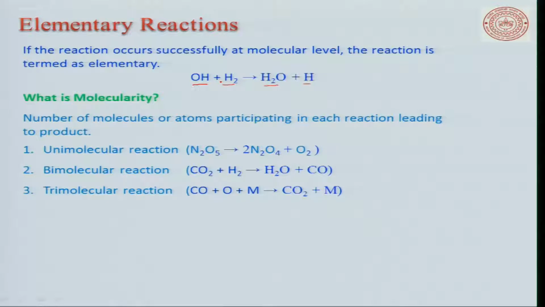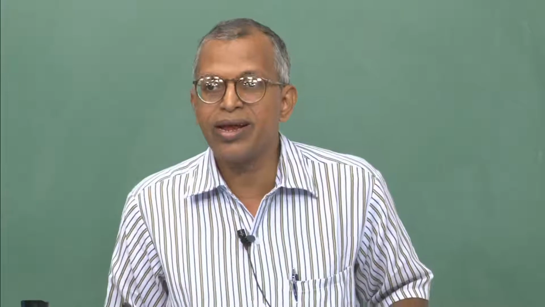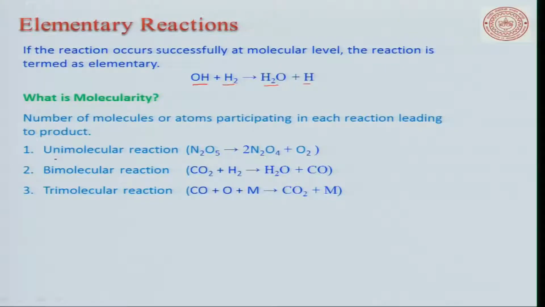It need not be 3, even 4 also, but 4 molecules coming together and reacting is less likely to happen in nature, therefore that is not being considered. However, nobody can rule it out. So, based on this molecularity, reactions divide into 3 categories: unimolecular reaction,